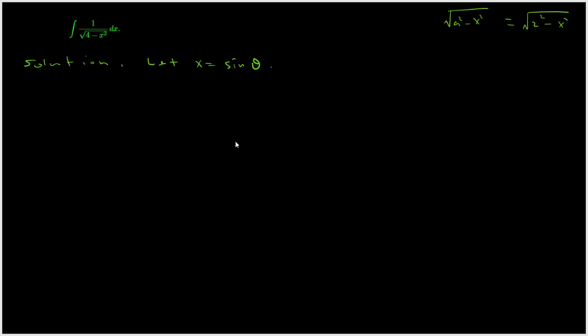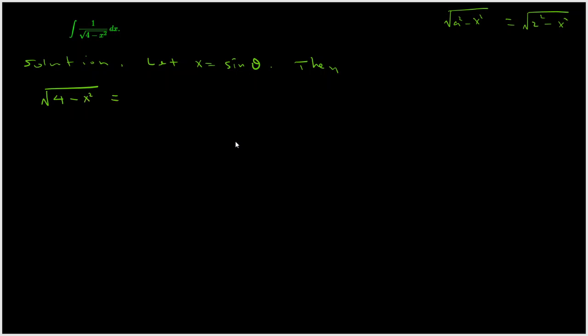Everything is going to be in terms of theta. The main thing is how to get rid of the radical. We'll work on the radical first. In the new integral, you are going to see there will be no radical anymore. 4 minus x squared